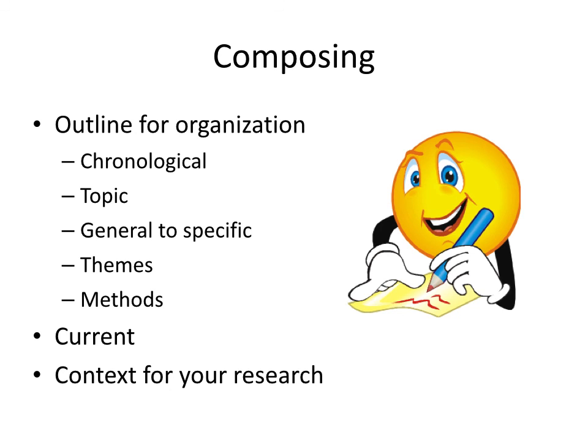I've also used themes, where it's a little bit like the topics, the themes as you go through. For example, I was doing some research with analogies, and I was able to group the research that I found by 4 kinds of analogies and address each of those in the research that had been done. Another powerful way to organize your lit review is with methods. So you could include a section on the qualitative research that had been done and a section